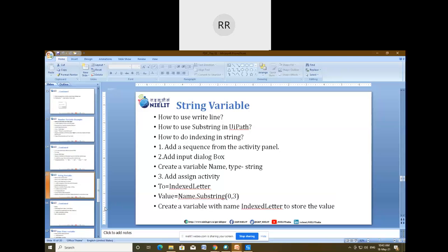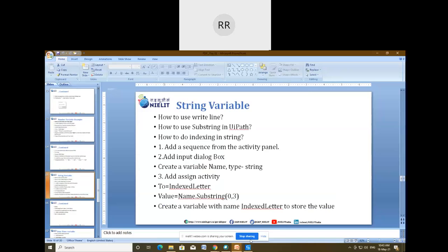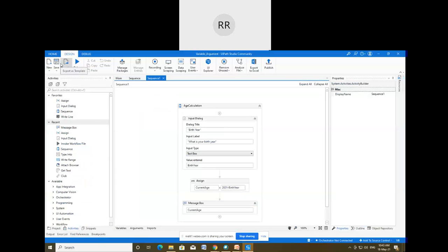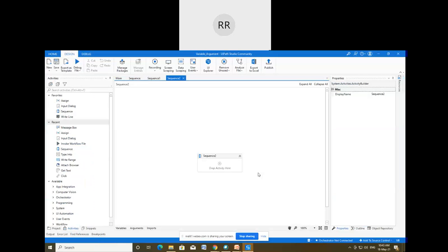So for that case, I'm just going to show you all how we can use the substring function. In this case, we'll again use the input dialog box and assign activity. Basically, I'm going to showcase how we can use the substring function to print only a certain portion of the string.